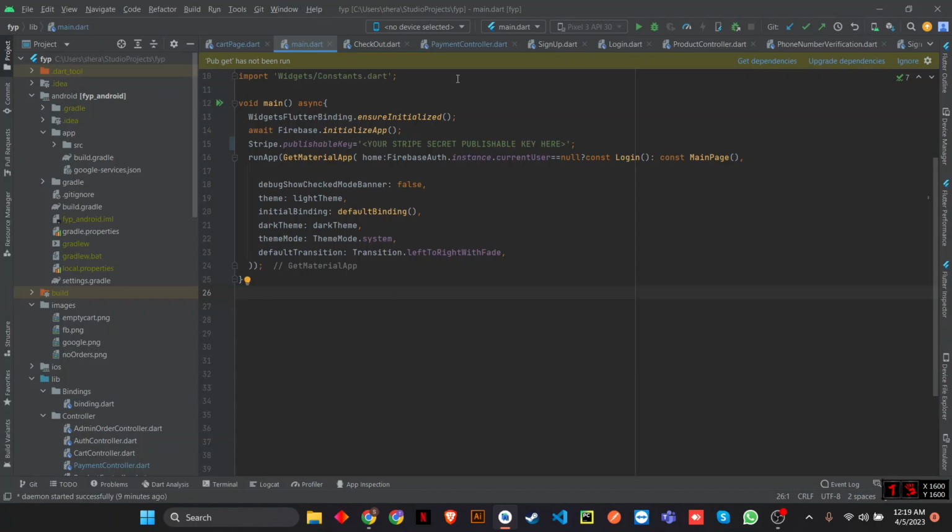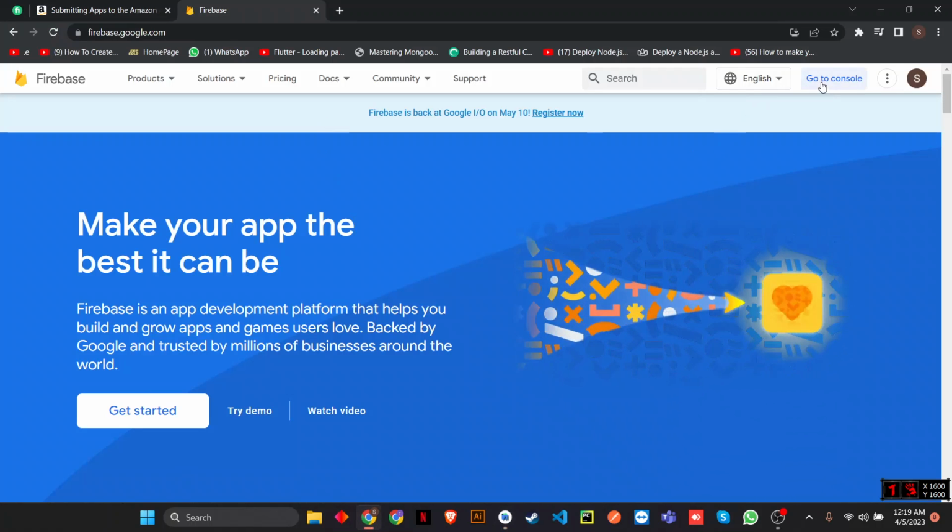So this is the main source code of the project, and in this project the most problematic thing that you face would be the Stripe and the Firebase connectivity. So I will just show you the Firebase, and then I will go through the Stripe setup, and that would just work fine. So first, after you download the project, you need to go to the Firebase and go to the console